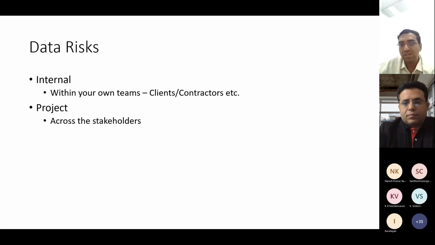Then the concerns about transparency or access, right? What information should go to what stakeholders. When you have your shared data models, shared environments, then you might spill information which you don't want some of your stakeholders to actually look at, etc. That is something which is existing, but with the access control, with the kind of features you have in CDE, you can always restrict what version the other stakeholders will look at.